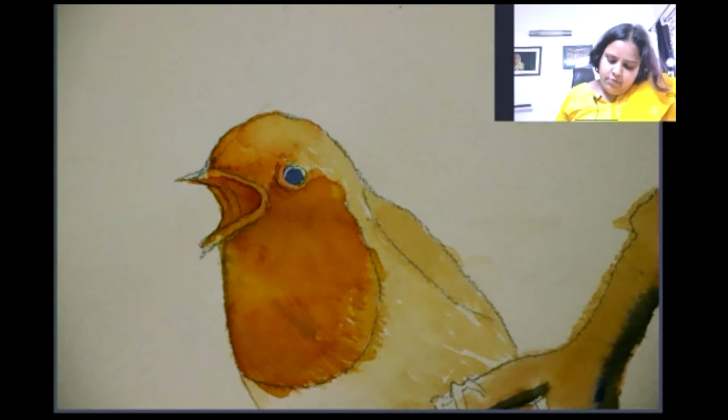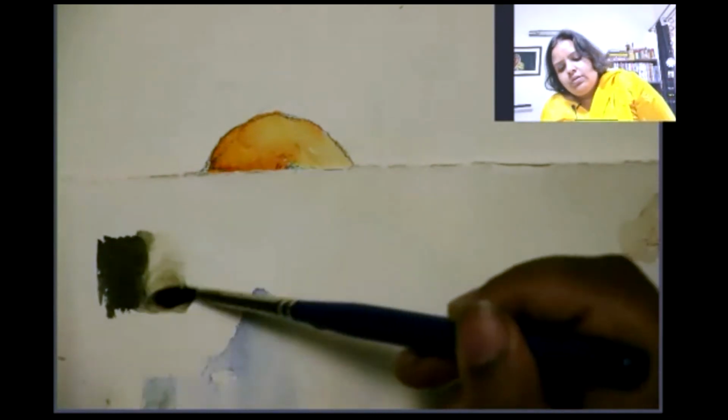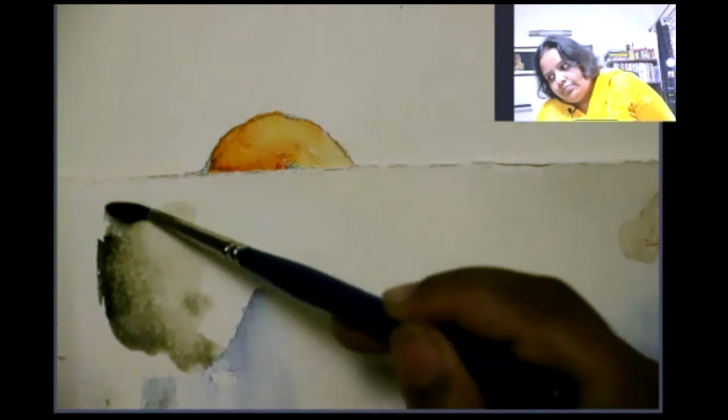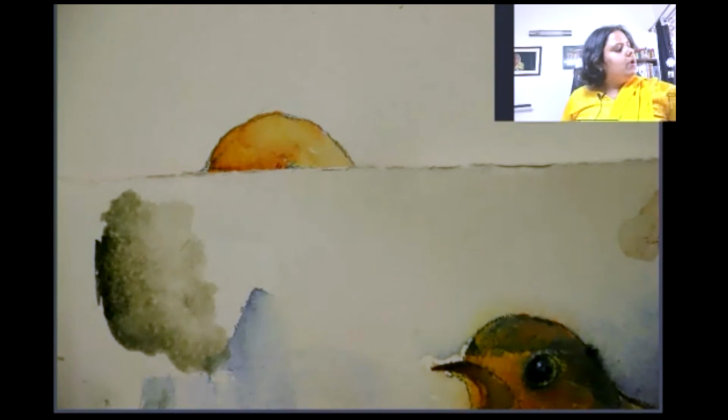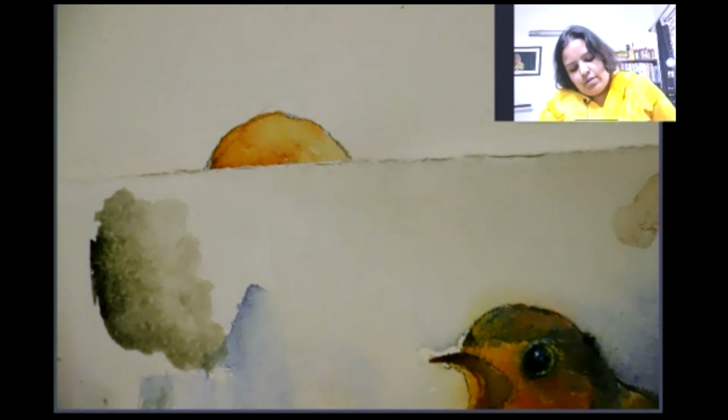So I want to keep this, so we'll just check the color here on my study. So this is how the color looks at the moment. I will want to add more blue to it. And then I will check my color one more time.